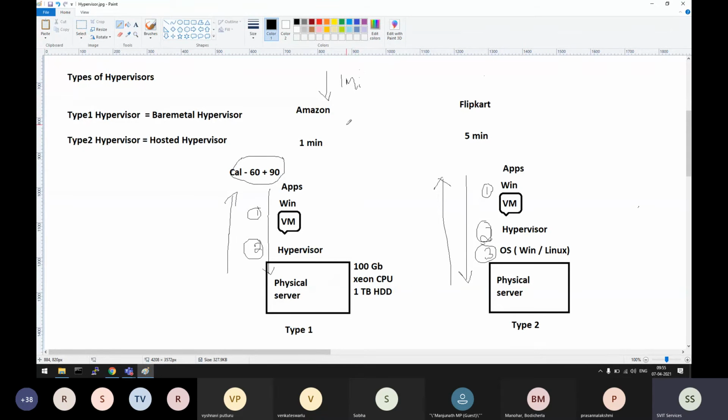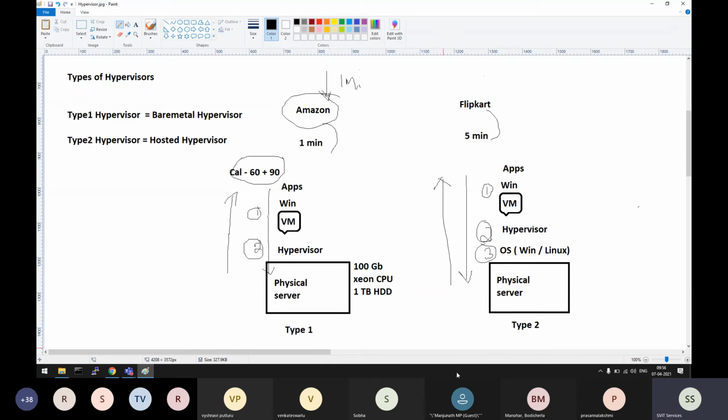Okay, which one will people actually prefer? Definitely whichever is very good and reliable, we will buy from the respective one. So that's where this company will get more business than the other company, because they are processing very slow. Once you order this product, let's say these guys will deliver within 1 day, these guys will take 5 days to deliver. So the performance will be impacted in such a way based on where their business applications are running. That's why people will prefer type 1 hypervisors to run their business.